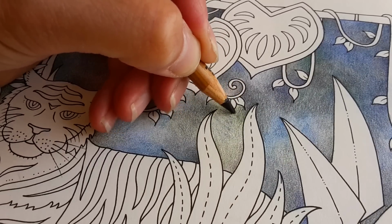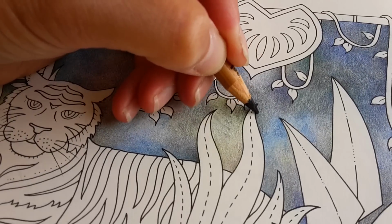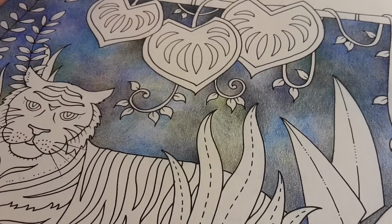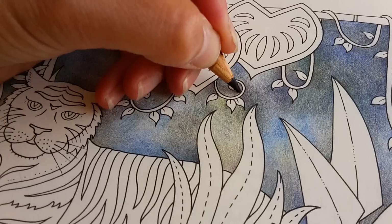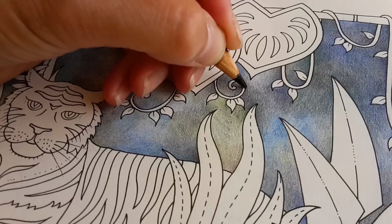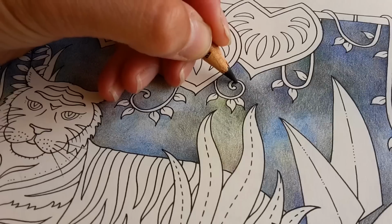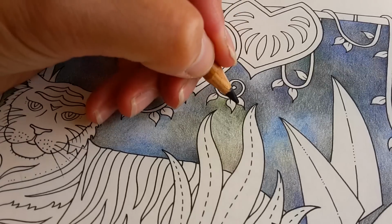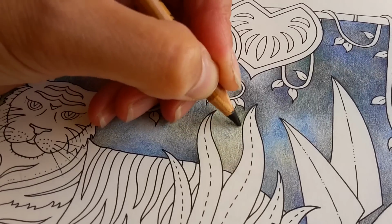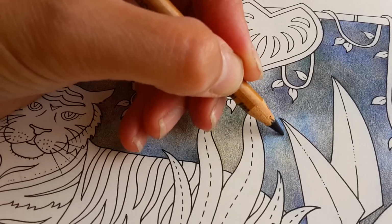But if you have to pay like $6 for one pencil, well, you should. I don't know if that is good. I don't know. I heard somebody say that Marco Renoir pencils are very similar to these Bruinzeel designs,